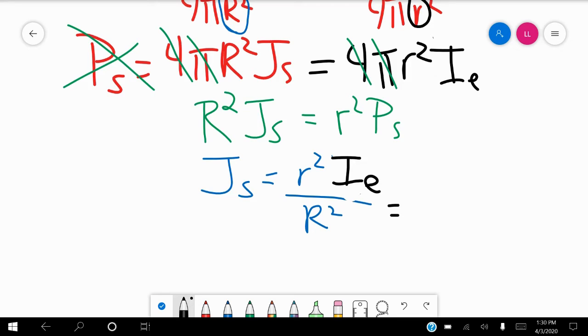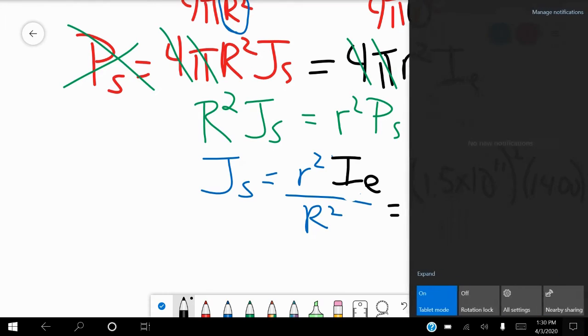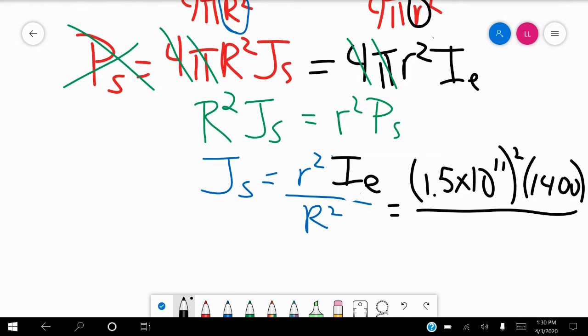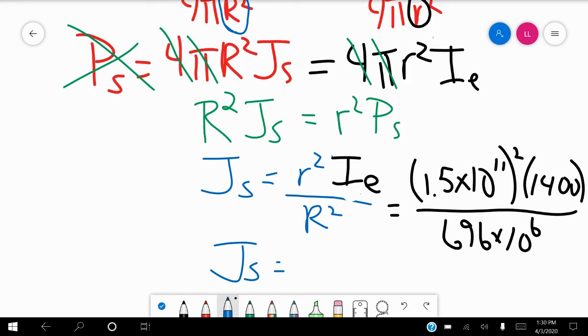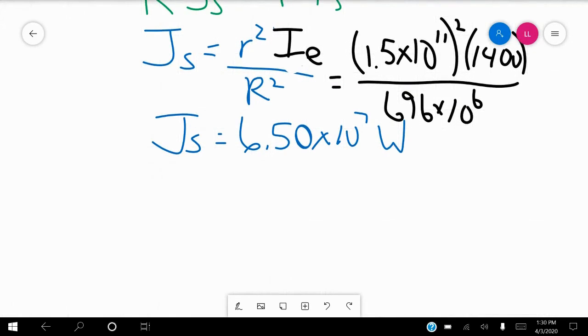So now we just plug in the values. So it's 1.5 times 10 to the 11th squared, right? So that's the distance between the sun and the Earth, times 1400, divided by the radius of the sun. So they tell you 696 million meters. So 696 times 10 to the 6. And so Js, the amount of radiation emitted by the sun, is equal to 6.50 times 10 to the 7th watts. That is not our answer, but that's going to help us get to our answer